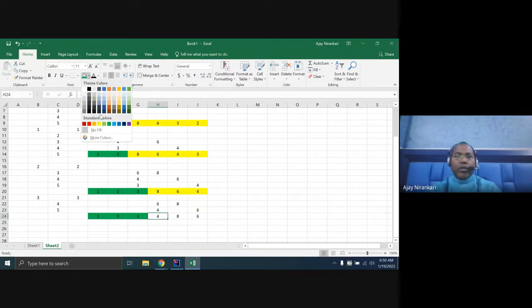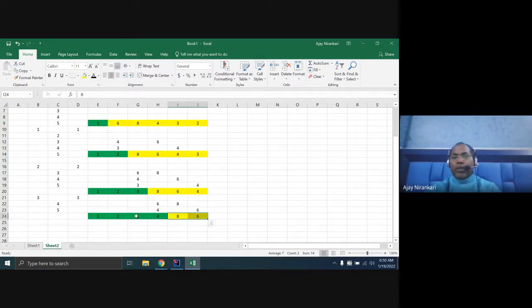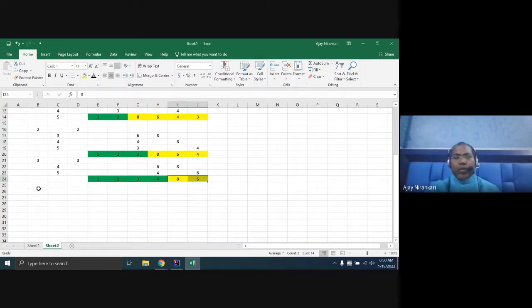change the color to green, and these two would still be not sorted. This should be yellow. Now again next time, let's assume now the fourth position is the minimum, right? And then the loop will start from the 5. The fourth is the minimum. Can you compare with this? Yes, smaller. Yes, it needs to change. Now this will be 6. This will be 8.